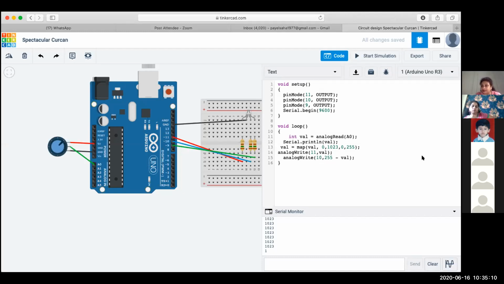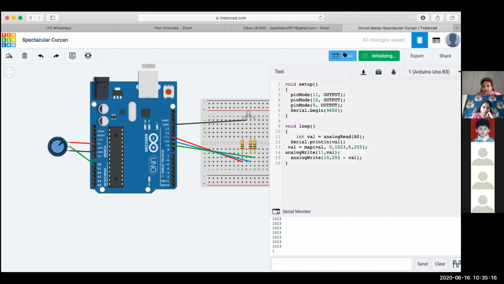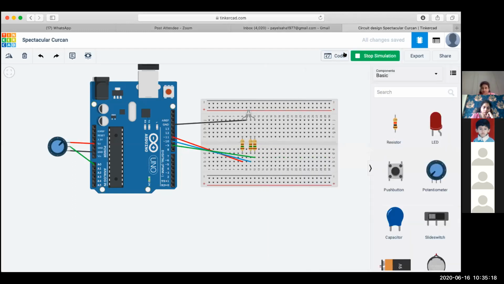Yes, ma'am. So let us see what happens when we simulate this particular piece of code. See, at the extreme end, we have the red shade. When I move the wiper, the red component reduces and magenta comes in somewhere in the middle. And when we move to the other end, even the red component will reduce and we'll have the blue shade.